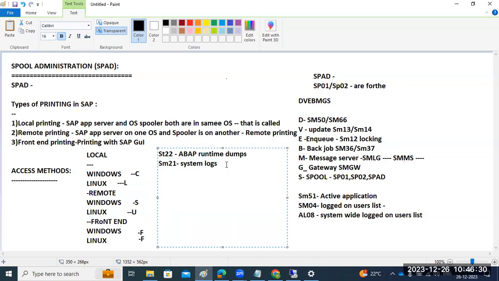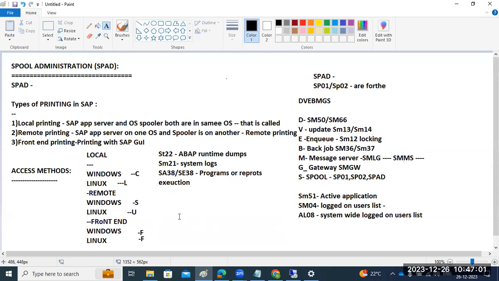Okay. So those are the general transaction codes. General monitoring related transaction codes, we will get here. And we also discussed SA38 and SE38. Those programs are reports execution. We will check SA38 or SE38 and execute from here. This is one of the programs and reports execution related transaction codes. Up to here, we have discussed it. So the next class,